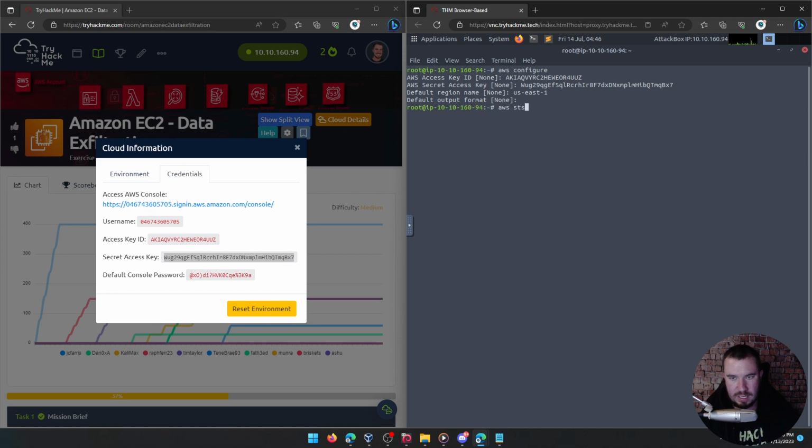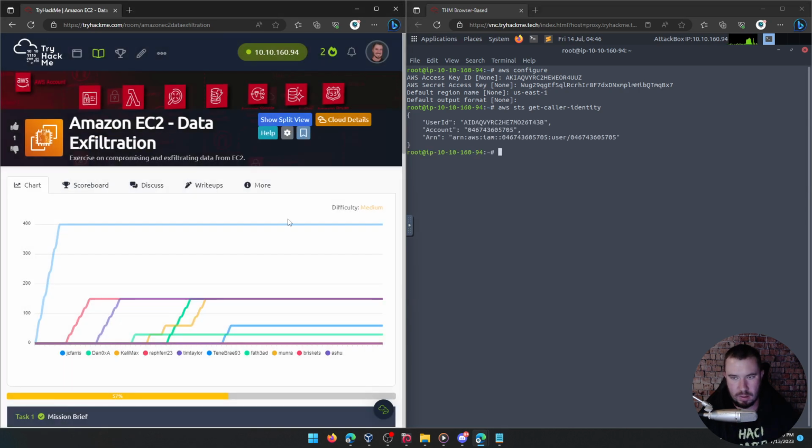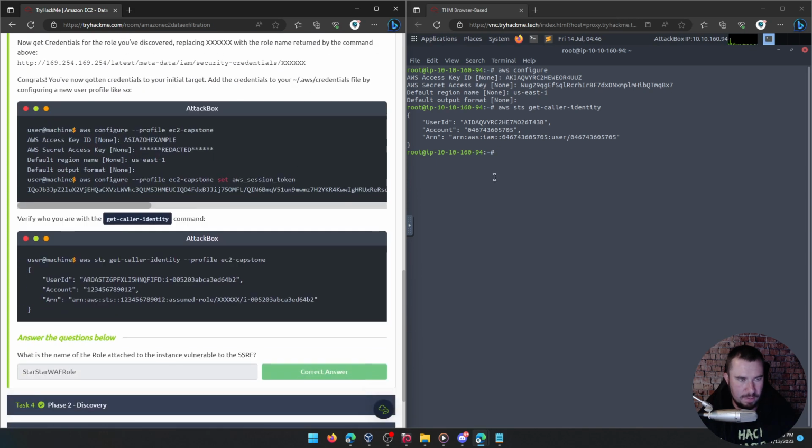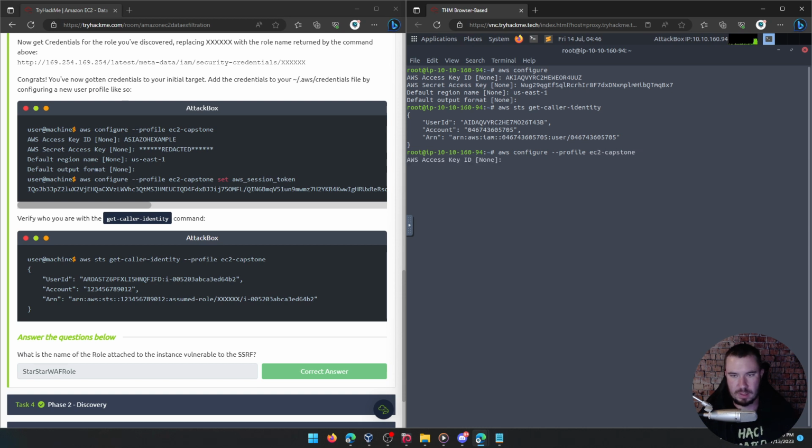Now AWS STS get caller identity. Okay, so far so good. And then what do we call that? EC2 capstone, I think, right? So AWS configure profile EC2 capstone. And now we're going to ask for the access key ID for that, which I have on my other screen. So I'm going to copy that. We'll paste that in. We'll grab our secret key. We'll paste that in. Our default region, US East 1. Okay, and now if we do that one command,